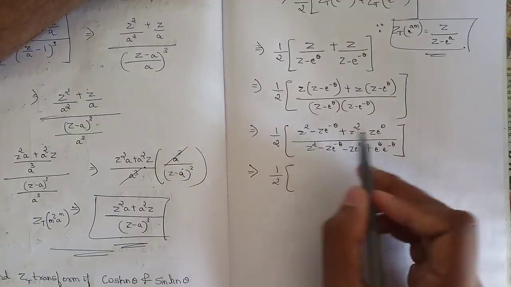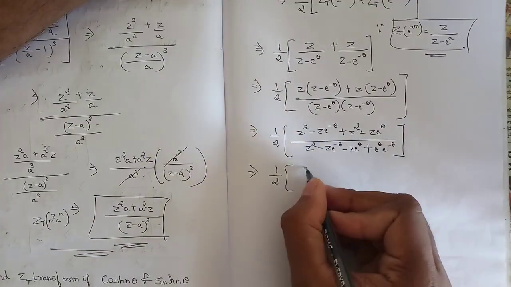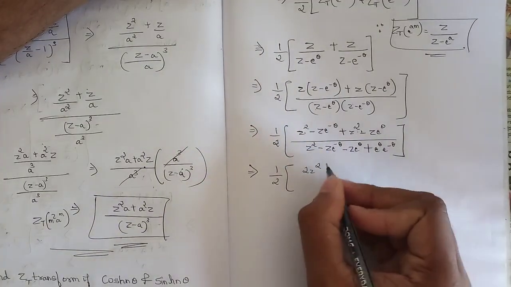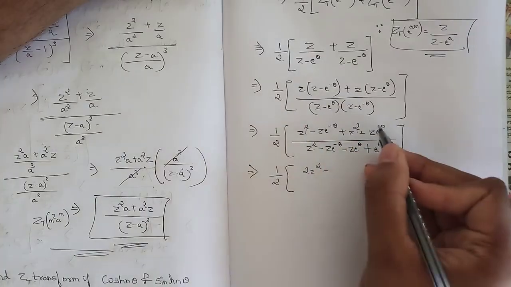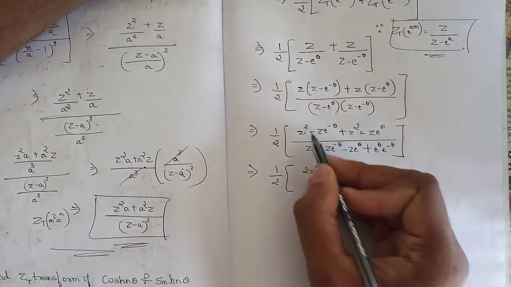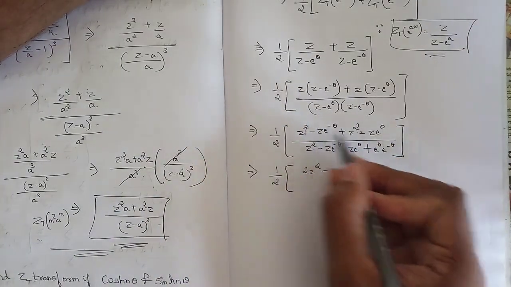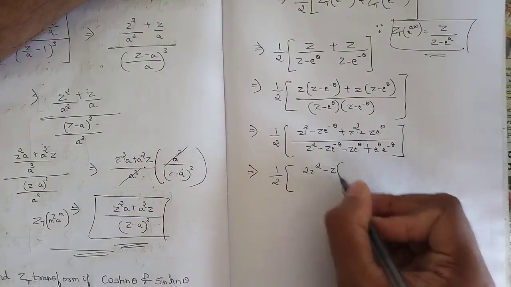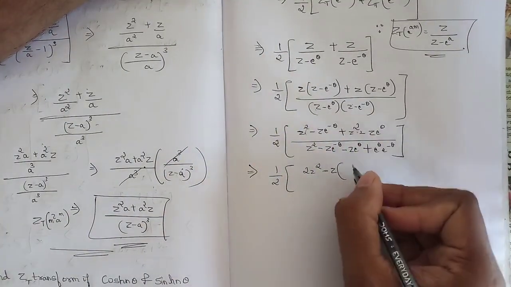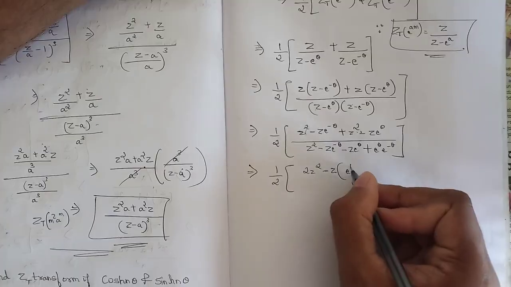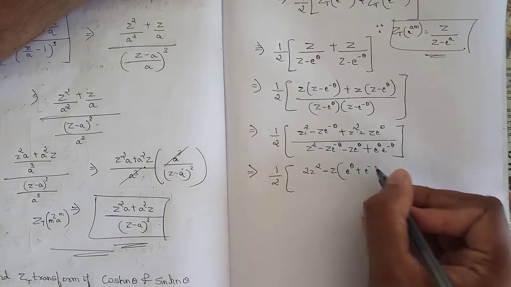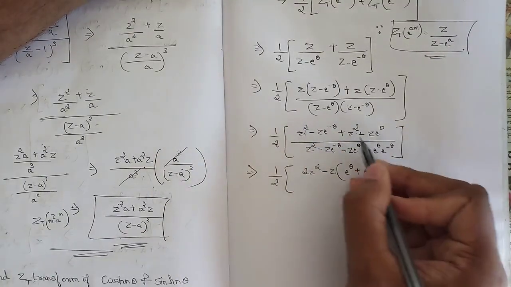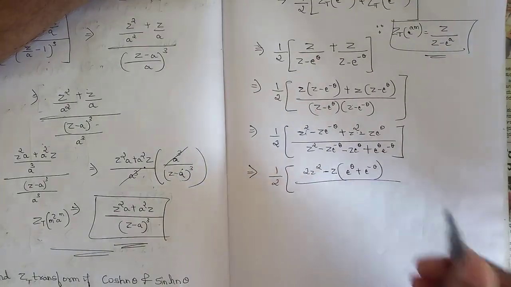So now add, there are two z terms, so it becomes 2z square minus, in these two terms this z is there, right? Minus z is common, right? So I am taking it out. I am writing the remaining terms, that is e power theta plus e power minus theta. I took minus z common outside, divided by